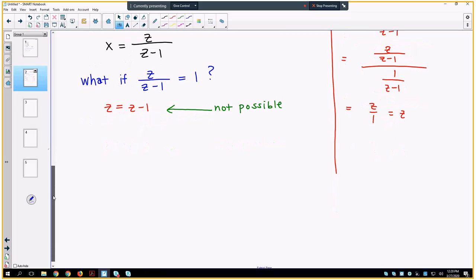So what I'm saying is, I know that for any z, any real number z, excuse me, I can get it as an output by plugging in x equal to z over z minus 1 and y equal to 1, except for when z equals 1. So for all z in negative infinity to 1, union 1 to infinity,